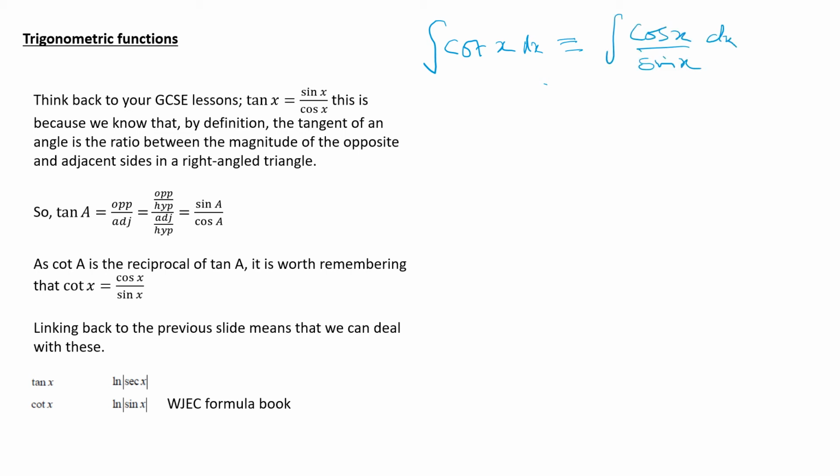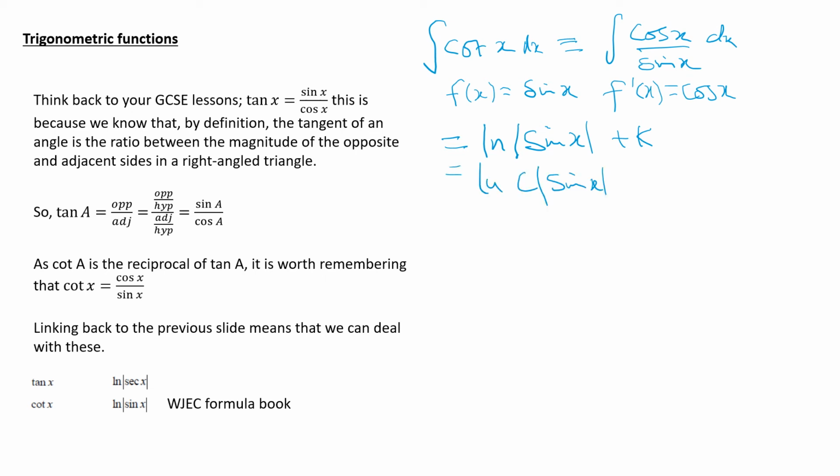the integral of cot x with respect to x is identical to, we've just agreed, the integral of cos x over sine x with respect to x. You notice the way that I'd actually dotted my I before I actually put it in. f of x equals sine x in this particular case, therefore my f dashed x is cos x. I've got a straightforward differential over the original function, so therefore it is a log function. So I'll get ln sine x plus some constant because I haven't got any limits, and as I did before, ln c sine x. No real problem,